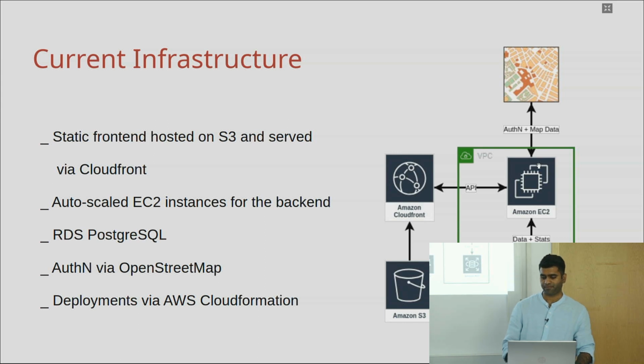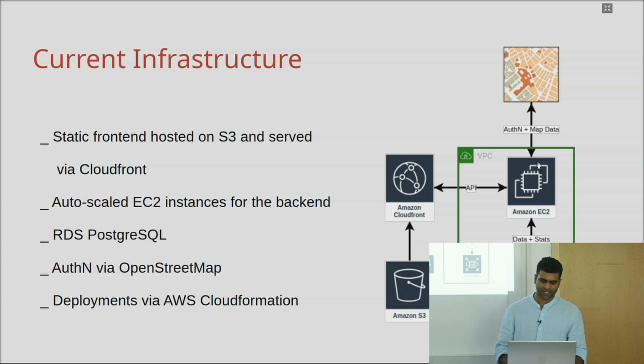We have a VPC on AWS on which the backend is hosted along with the database. They are of course separated with subnets and network access control lists. The front end is hosted on S3, which is more or less a serverless object store on AWS, and it's served using a CDN that's also provided by Amazon. It's called CloudFront. The backend EC2 instances are auto-scaled using auto-scaling groups, and we use the standard Amazon RDS for